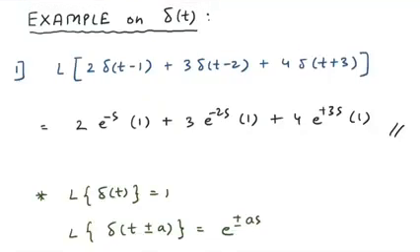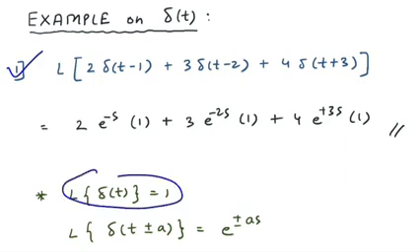I guess the Heaviside shifting property is clear. We have seen a lot of examples. Now moving forward to the delta question. So whenever you have the delta function, how to deal with that? Because you know that Laplace of delta of t is 1, and if it is a shifted version, you can just raise that to the power of e. If it is delta of t plus a, the answer would be e raised to plus as in the Laplace domain, and if the time domain function is delta of t minus a, the Laplace version would be e raised to minus as. So let us see this example.